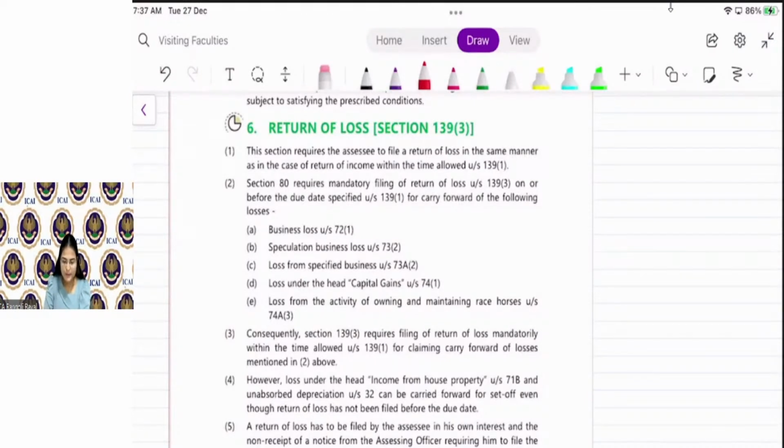Return of loss. Even if you have a loss, you still have to file your return of income within due date. In the chapter on set off and carry forward of losses, you already discussed that if you want to carry forward your losses,